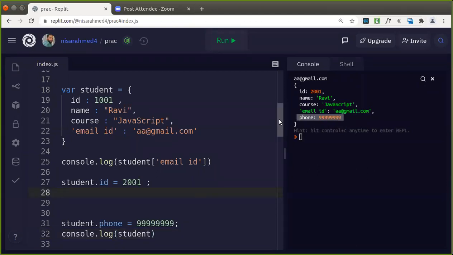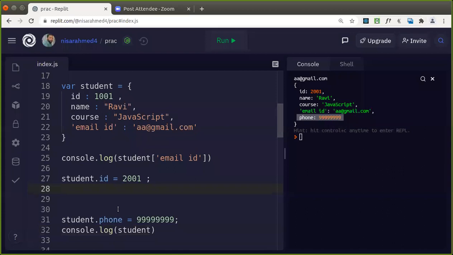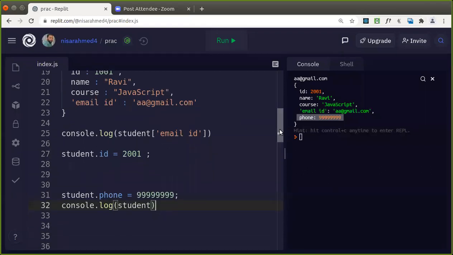Is that okay, guys? If that property is not there, it did not give an error, like you are not having any property with the key phone, but instead what it has done, it has automatically added that one. So the JavaScript interpreter will automatically identify if that key is not there, and it will just add it. If the key was already there, it will just update its value. In this case, you can see here, that is the difference. Good.